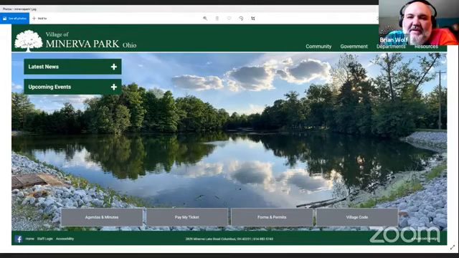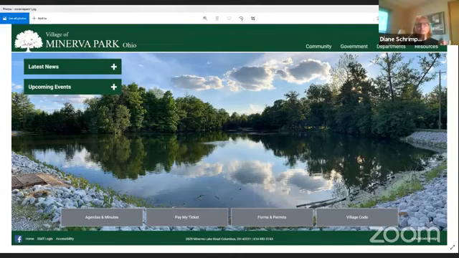Go ahead, Diane. All right, thank you. I just want to say on this picture, I love the middle of this picture, but I don't like looking at all the weeds on the shoreline and all that kind of stuff. But I have to say, in looking at other village websites, when I was trying to look at facilities,